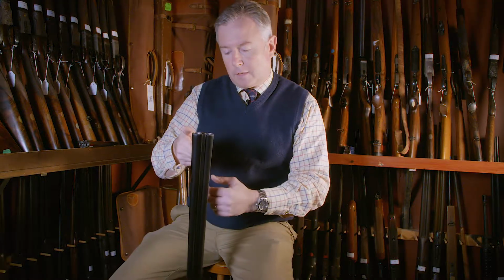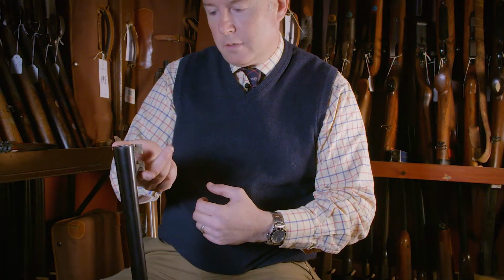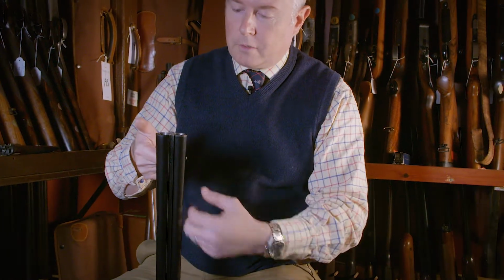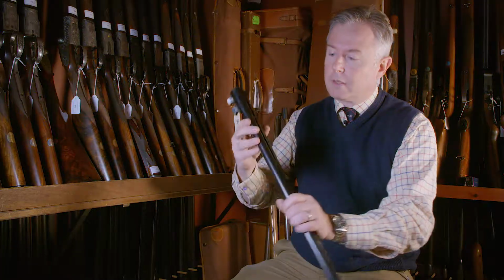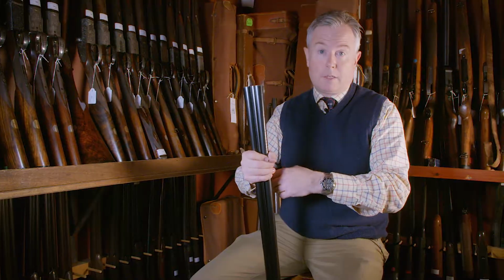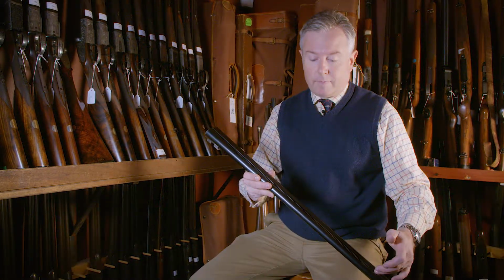Another factor to test is to hang the barrels on your finger like this and give them a gentle tap. Gentle tap with your knuckle. A nice clean ring like this, a nice clear musical tone, tells us that the barrels are all in one piece. If you get a nasty dull sound like this, that's usually an indication that there has been some lifting,